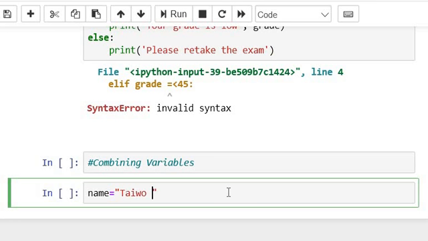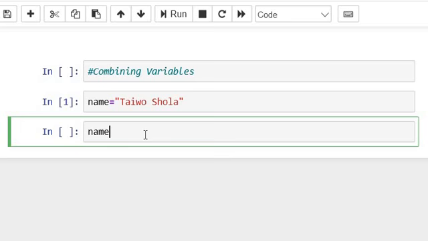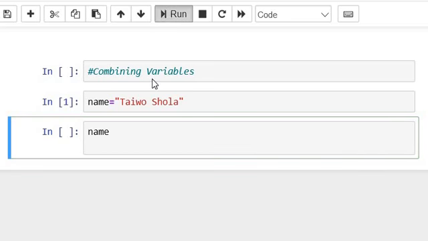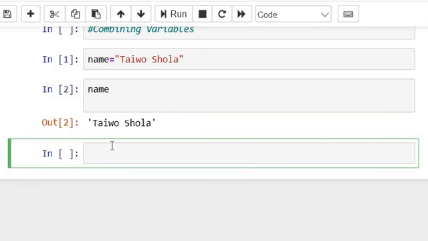Taiwo Shola is a variable. Then name equals Taiwo Shola. So if we print out, combine variable with text, we print out said